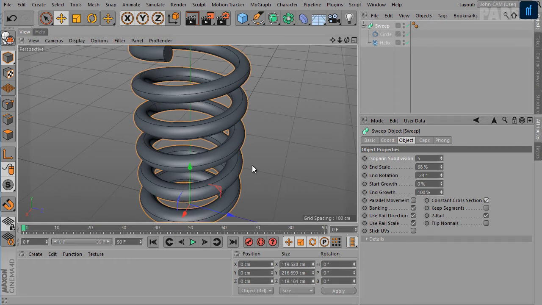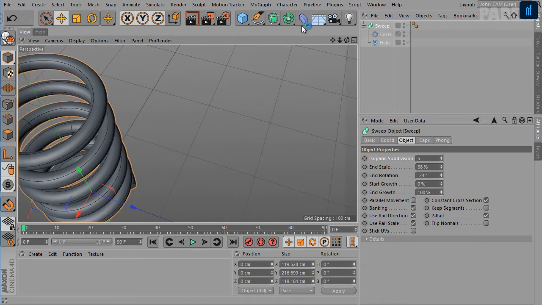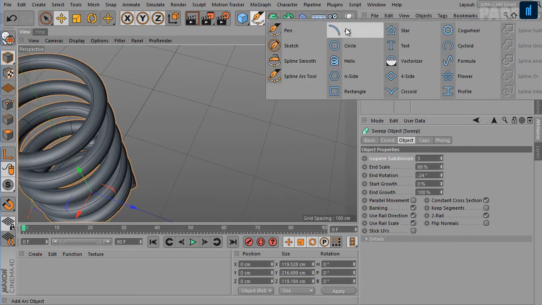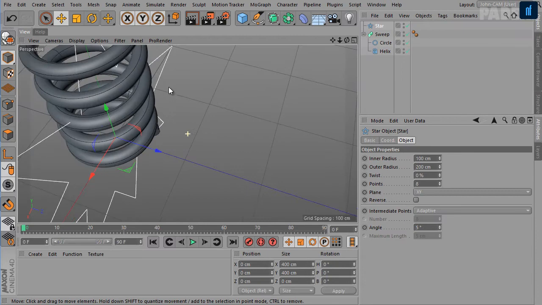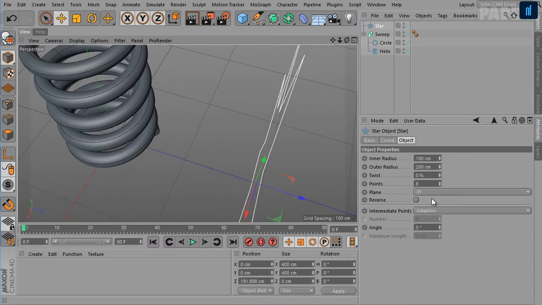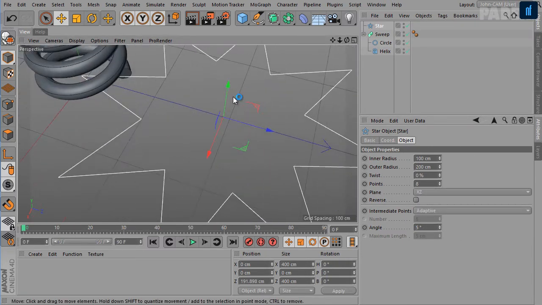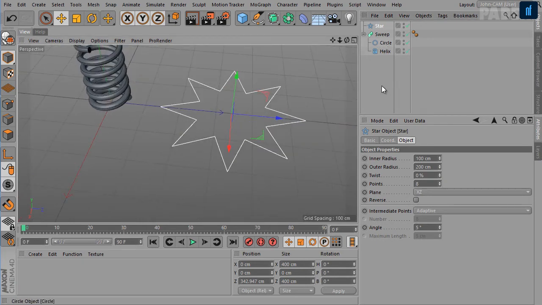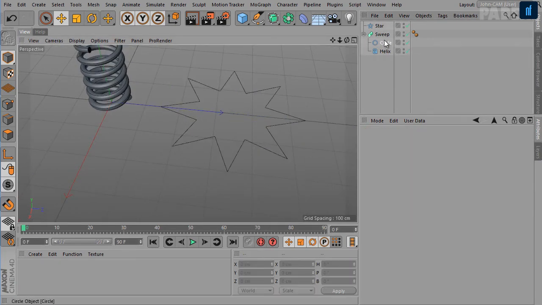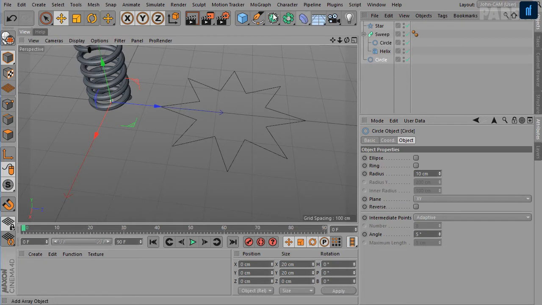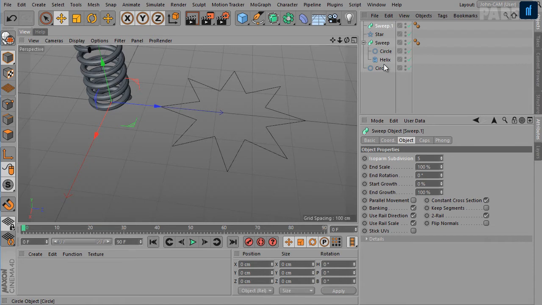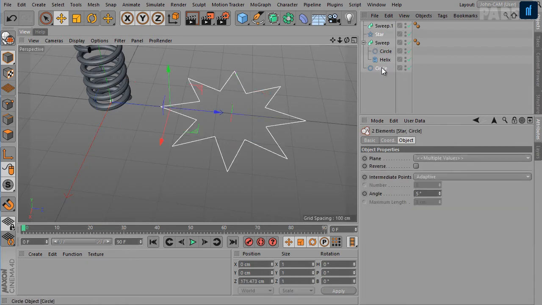This option is enabled by default, and to demonstrate this I'll create a star spline, and on the XZ plane let's create a copy of the circle spline and add a sweep object and connect this star and circle.